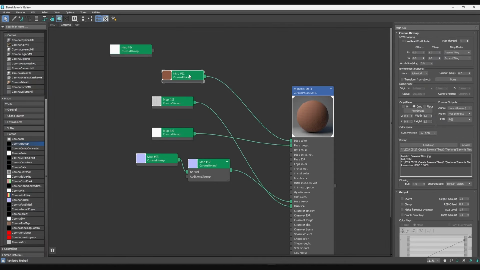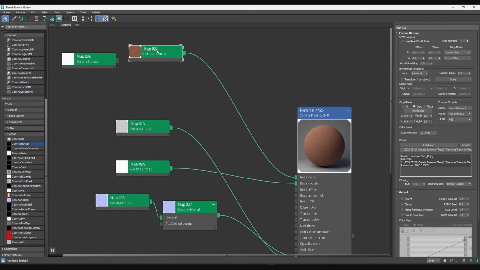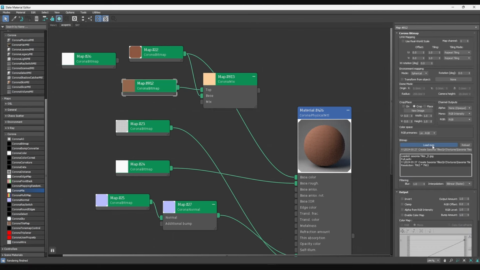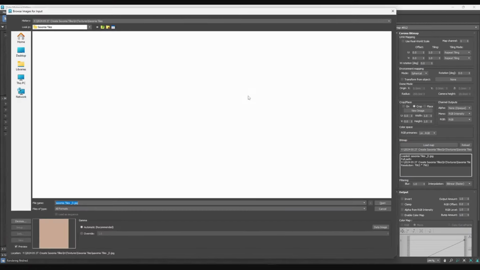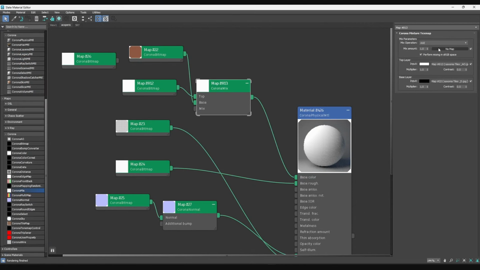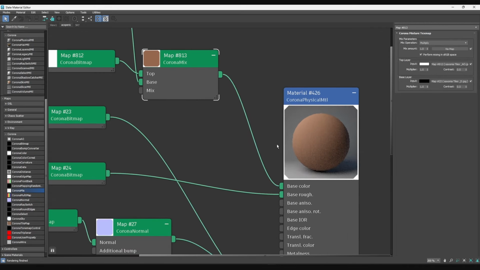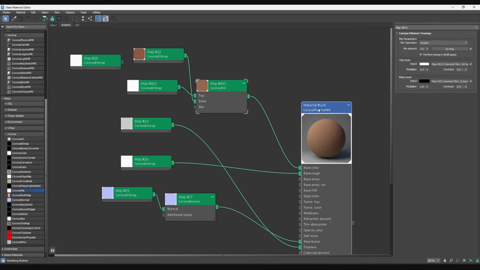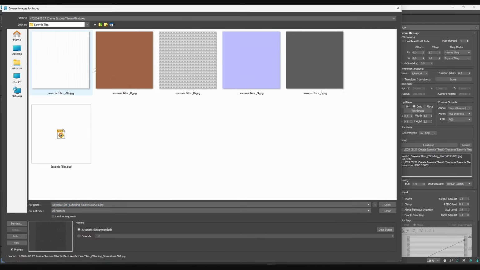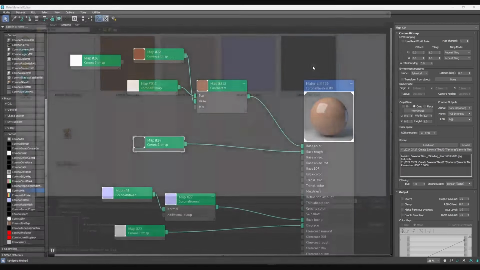Okay, and now let's load again our maps, the new ones. This is the diffuse, and I'm going to combine this with another map. I'm gonna use this in the base and the other one on the top. And here I'm just going to load the ambient occlusion that we just created, this one. This is going here, and in here I'm just gonna use this as a multiply, and now I'm getting some extra details in here that you can't really see. Okay, and this one, leave it normal now and go in here and take my Saxonia tiles roughness, and probably